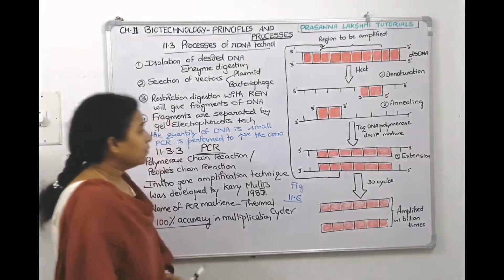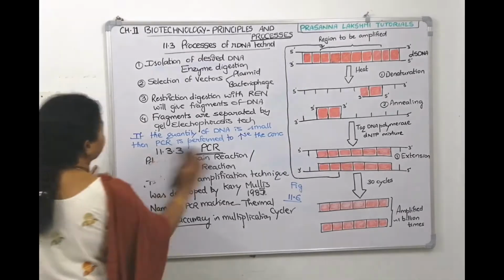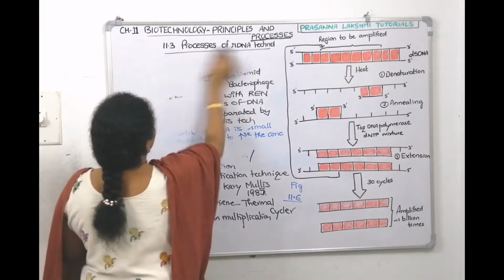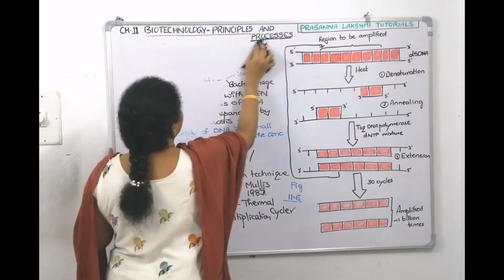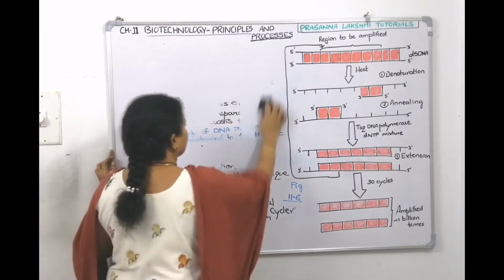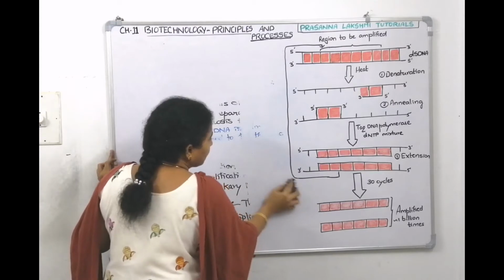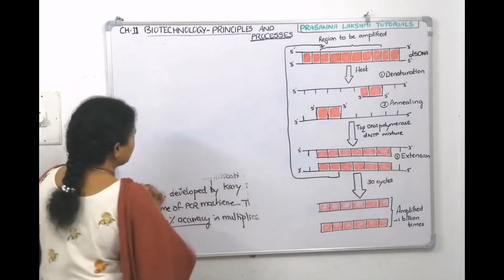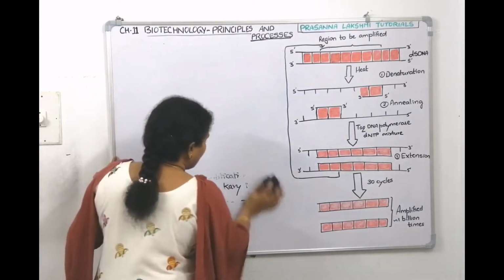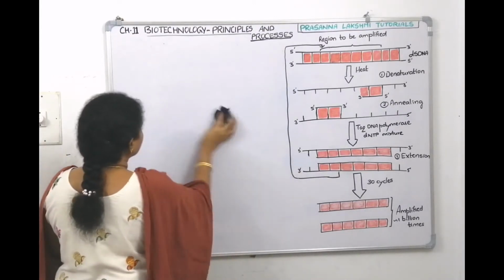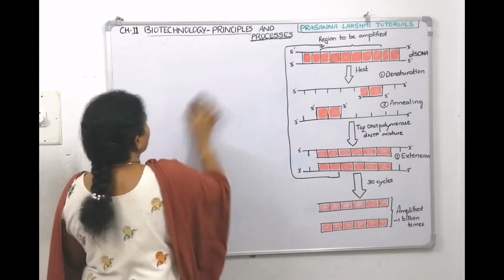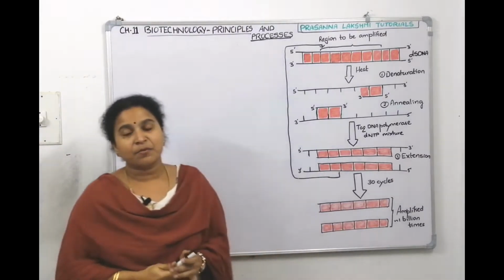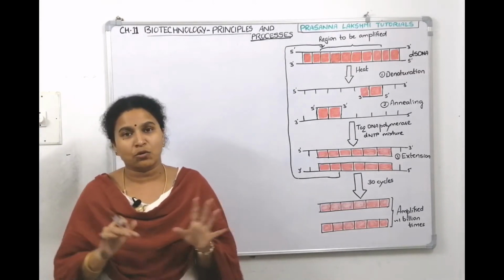Right. Now, let us talk about the steps of the PCR. I took this figure from NCERT, it is 11.6, so that if I explain, it will be easy for you to go through the textbook. Your NCERT textbook is your heart and soul for your NEET. Let it be 2022, 2023, right? Each and every line, each and every diagram of NCERT, you need to understand thoroughly, right?